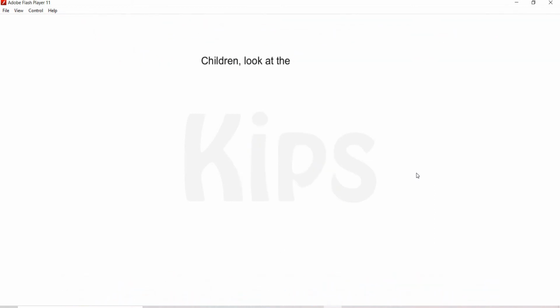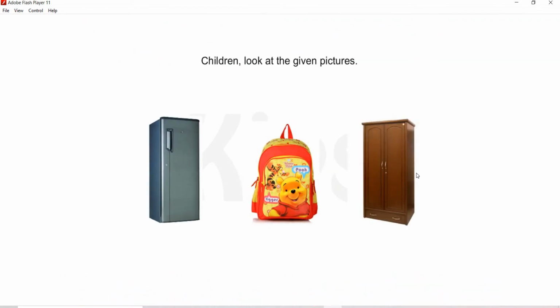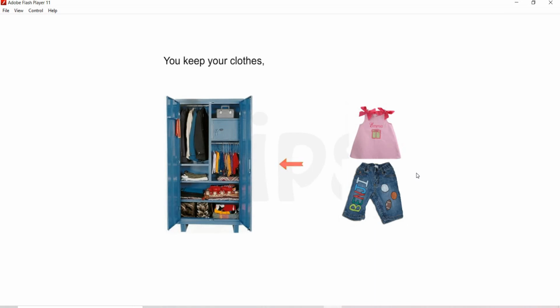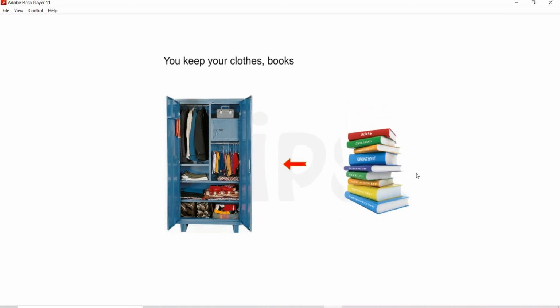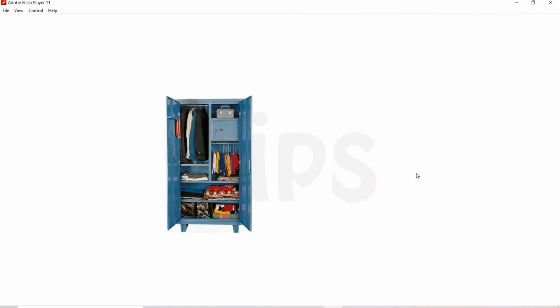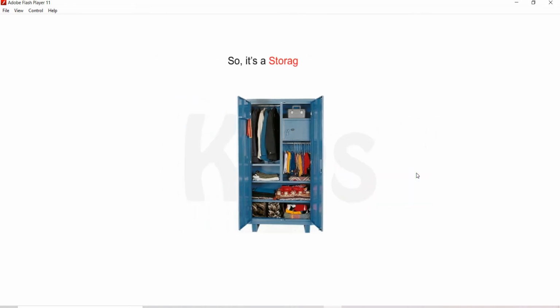Children, look at the given pictures. These are used to store things. They are called storage places. You keep your clothes, books, and toys in an almirah. So, it's a storage place.